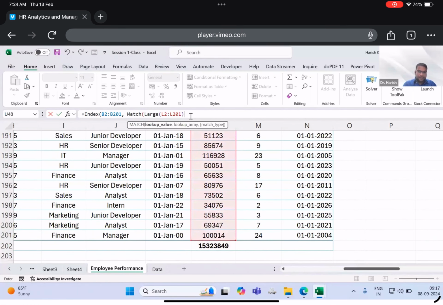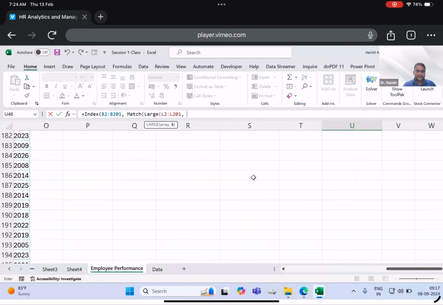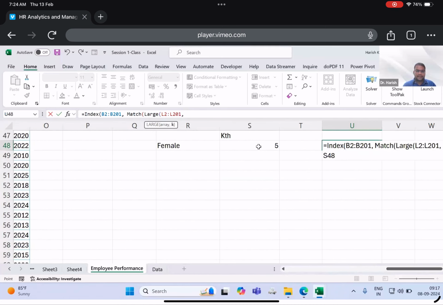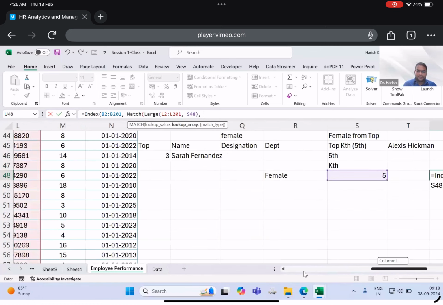And then it is asking us the kth value. The kth value we have given here is S48, directly as a cell reference. Any value it can be. Now, if I close it, it is asking us the lookup array, where the match function should return the row number that has the kth highest or kth bottom value from the salary column. I need to give the salary column again for the match function,